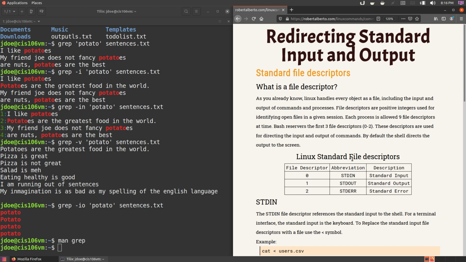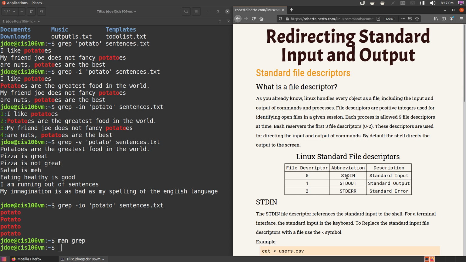It gives you the ability to manipulate the output of one command and use it as input to another, or maybe save it to a file. So how does this work? This works because Linux has something called file descriptors, and we have three file descriptors that the shell can use for this stuff. That's 0, 1, and 2, and they stand for a standard input, a standard output, and a